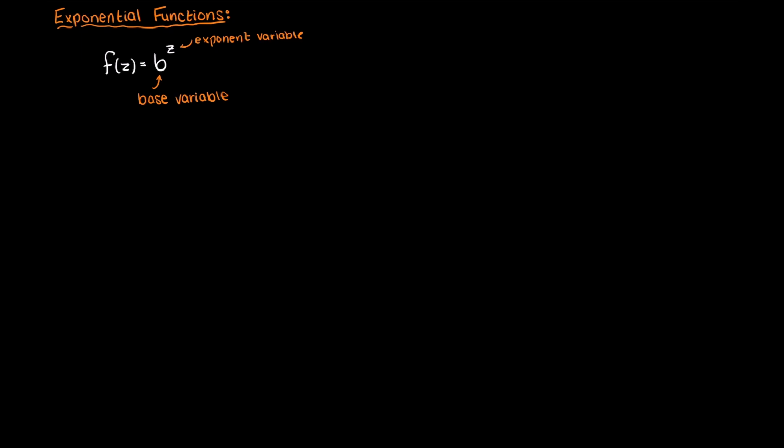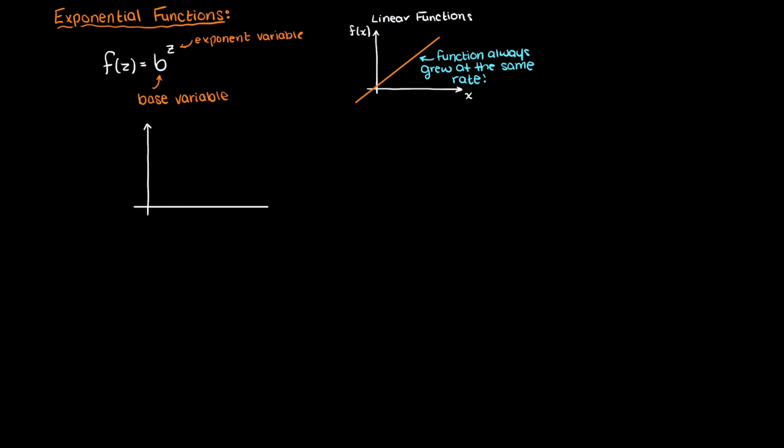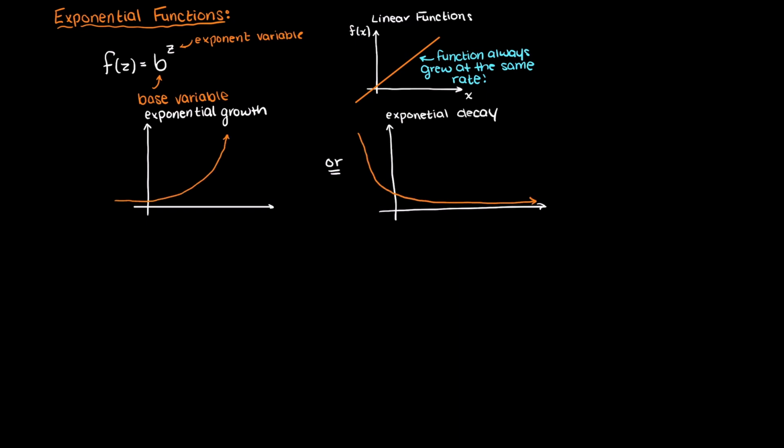So, remember back to when we talked about linear functions. As our input grew, so did our output. But our function always was growing at the same rate, meaning that our slope, the rate of change of our function, was always going to be the same, no matter what inputs we used. Well, now, in exponential functions, our slope will be growing or decreasing at different rates. It'll not always be constant like it was with linear functions.